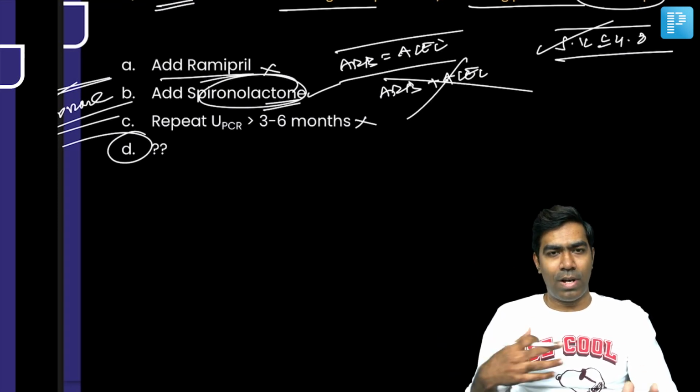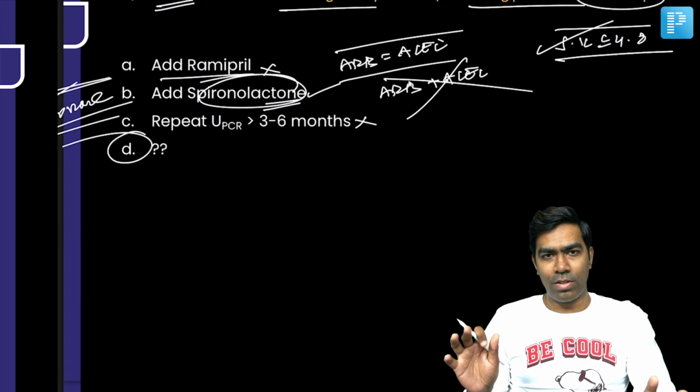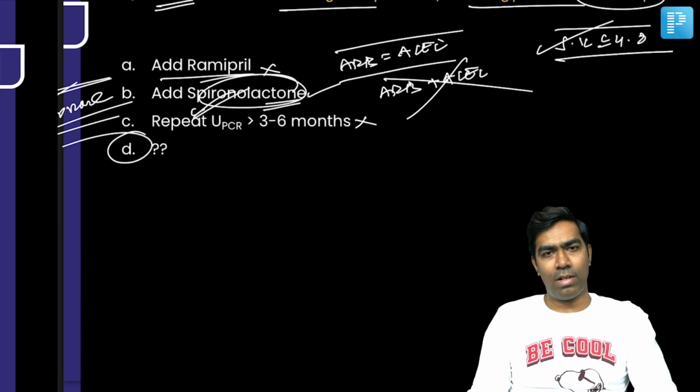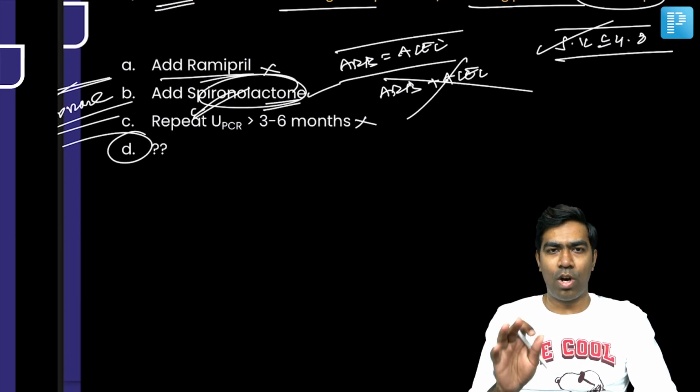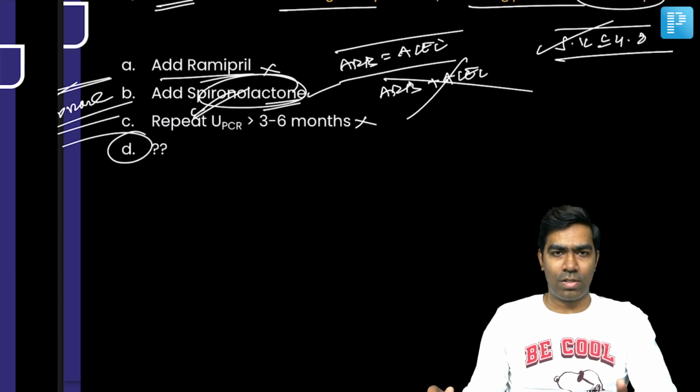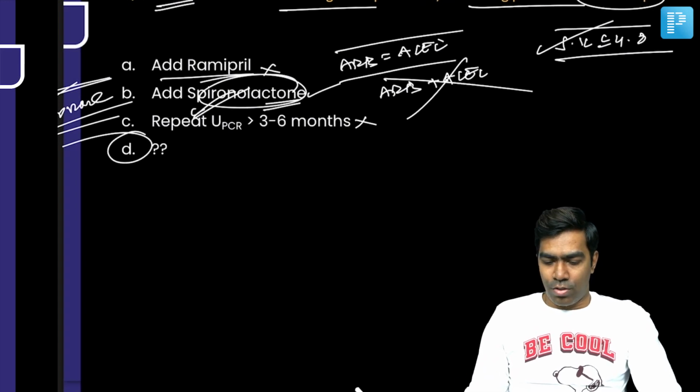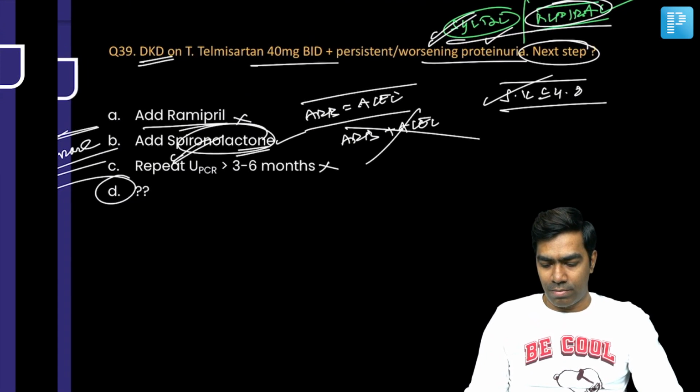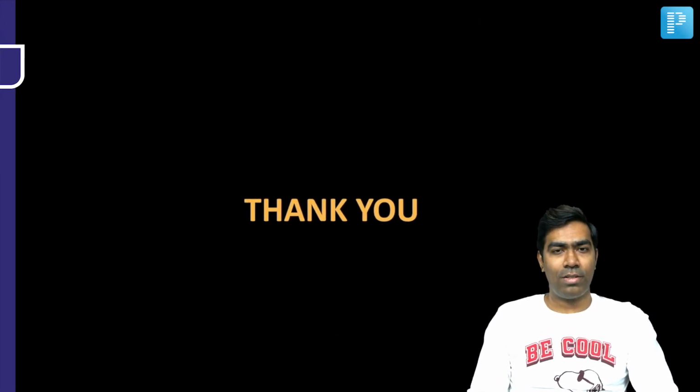But unless and until I know the option D, I cannot comment on this question. But I would say that adding spironolactone is also an optional step. The other two are grossly wrong. So leave this ambiguous question, and with this I'm going to complete this session and hope you have enjoyed it,